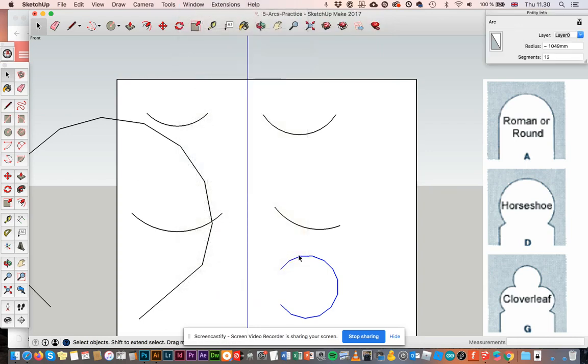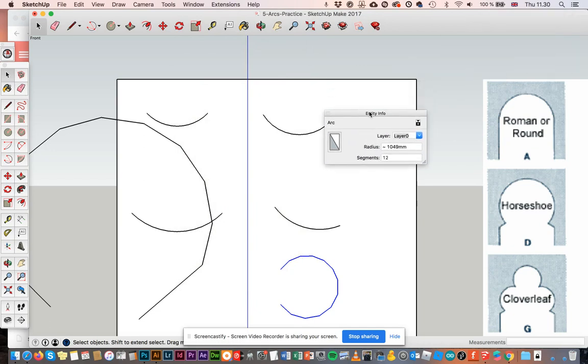So Entity Info is popping up here. It's going to give me some information about the object that I've chosen. And in the case of an arc or a circle, it's going to tell me how many segments my arc or circle is. So you see right here, it's 12. If I change that to 24, you see that my circle gets smoother. If I change it to 30, it gets smoother. So basically I'm adding